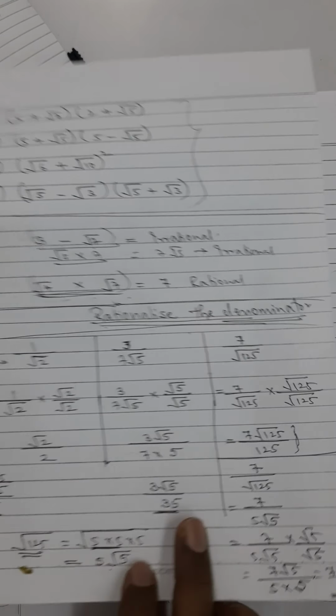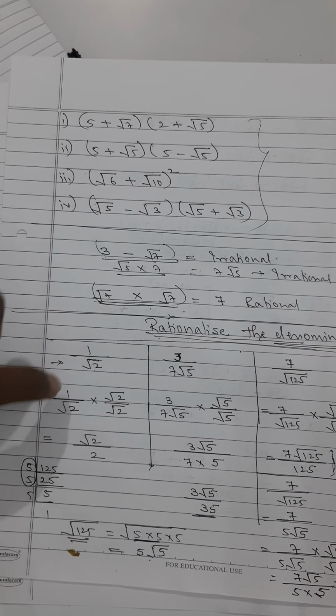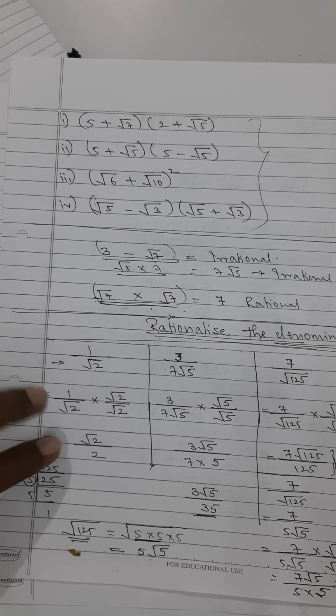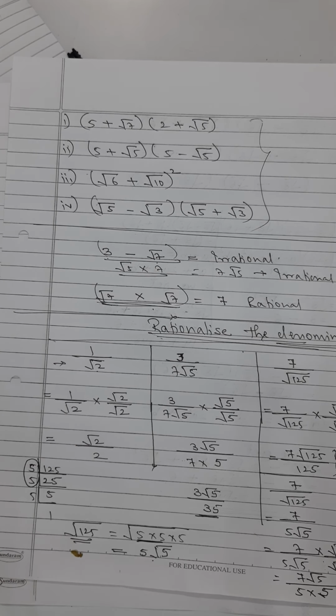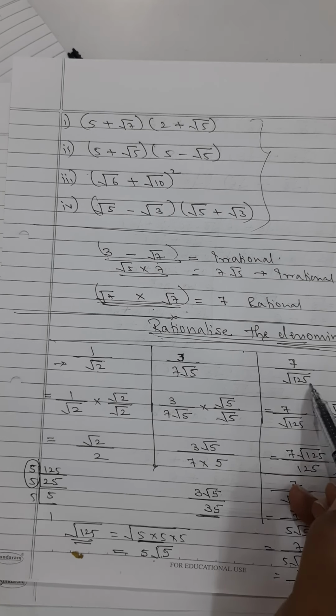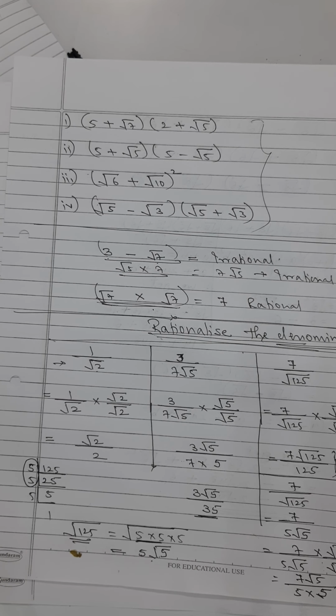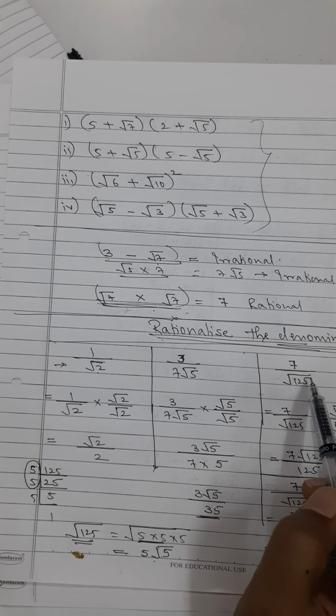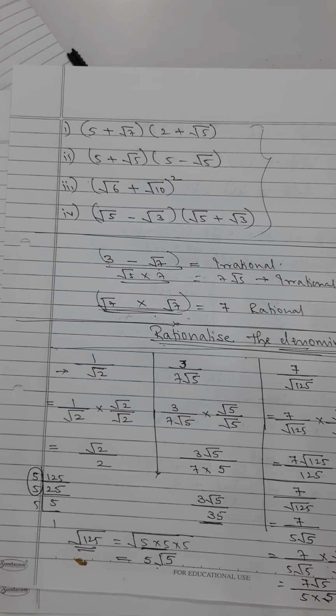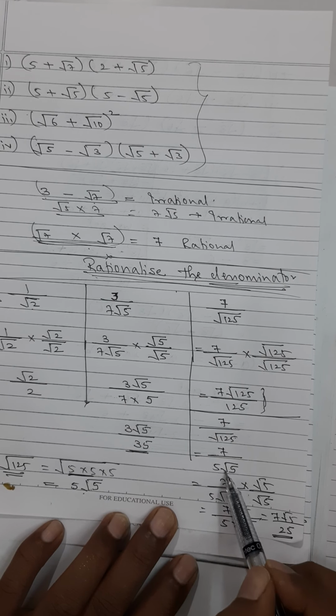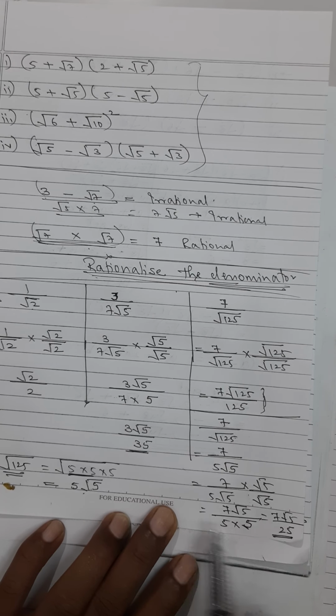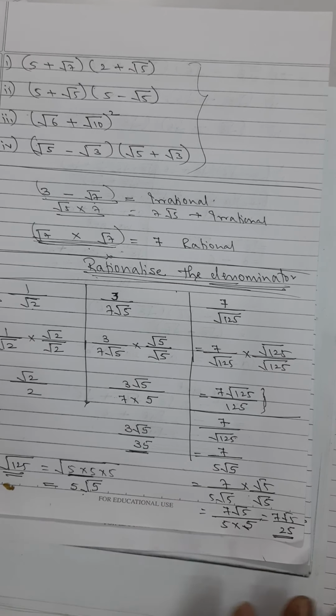Okay, my dear students, I hope this topic is quite easy. You just have to do one thing. Whatever is the irrational part of the denominator, you have to multiply and divide by the irrational part. Most of the time, the only possible complexity you will have is that the denominator can be simplified. In that case, you first simplify it and then solve it. Then you will get an irrational part, and then multiply and divide by the irrational part. That becomes easier. Okay, so that is all with this topic.